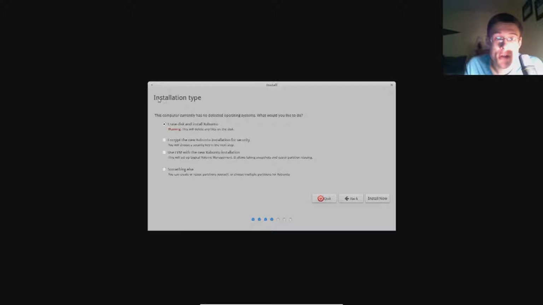But here we are. It says installation type. This computer currently has no detected operating systems. What would you like to do? It says erase disk and install Xubuntu. This will delete any files on the disk. I would definitely